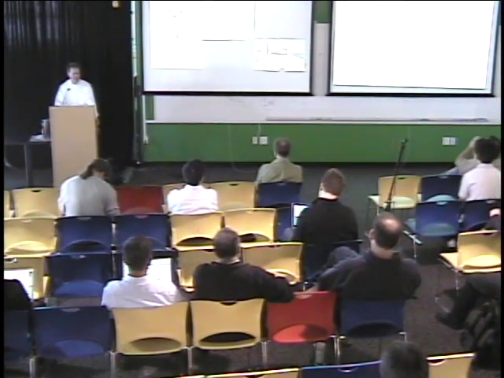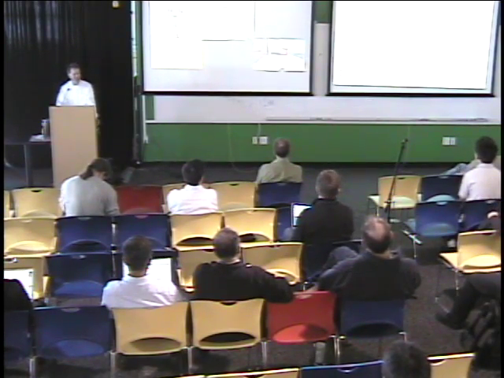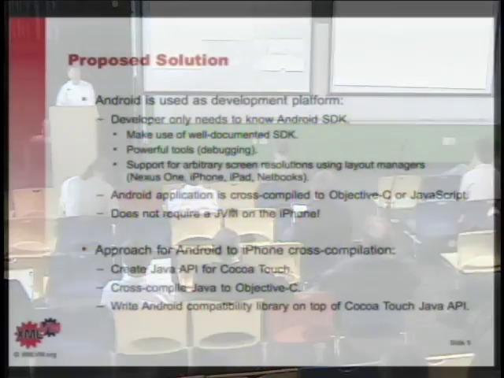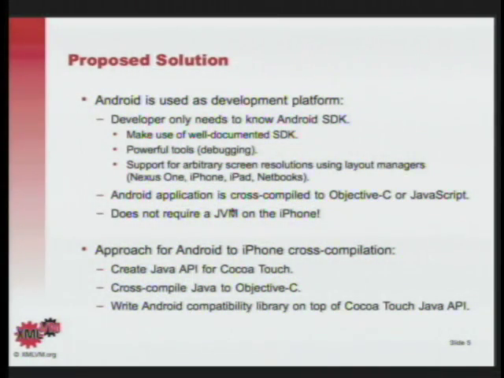So the proposed solution that I'm going to go into some detail on in this presentation is that, as a frame of reference, we take Android. So we expect people to use Android, and we do that for various reasons. First of all, I'm in the education business, and there's certainly a lot more skill set out there for Java than there is, for example, for Objective-C.